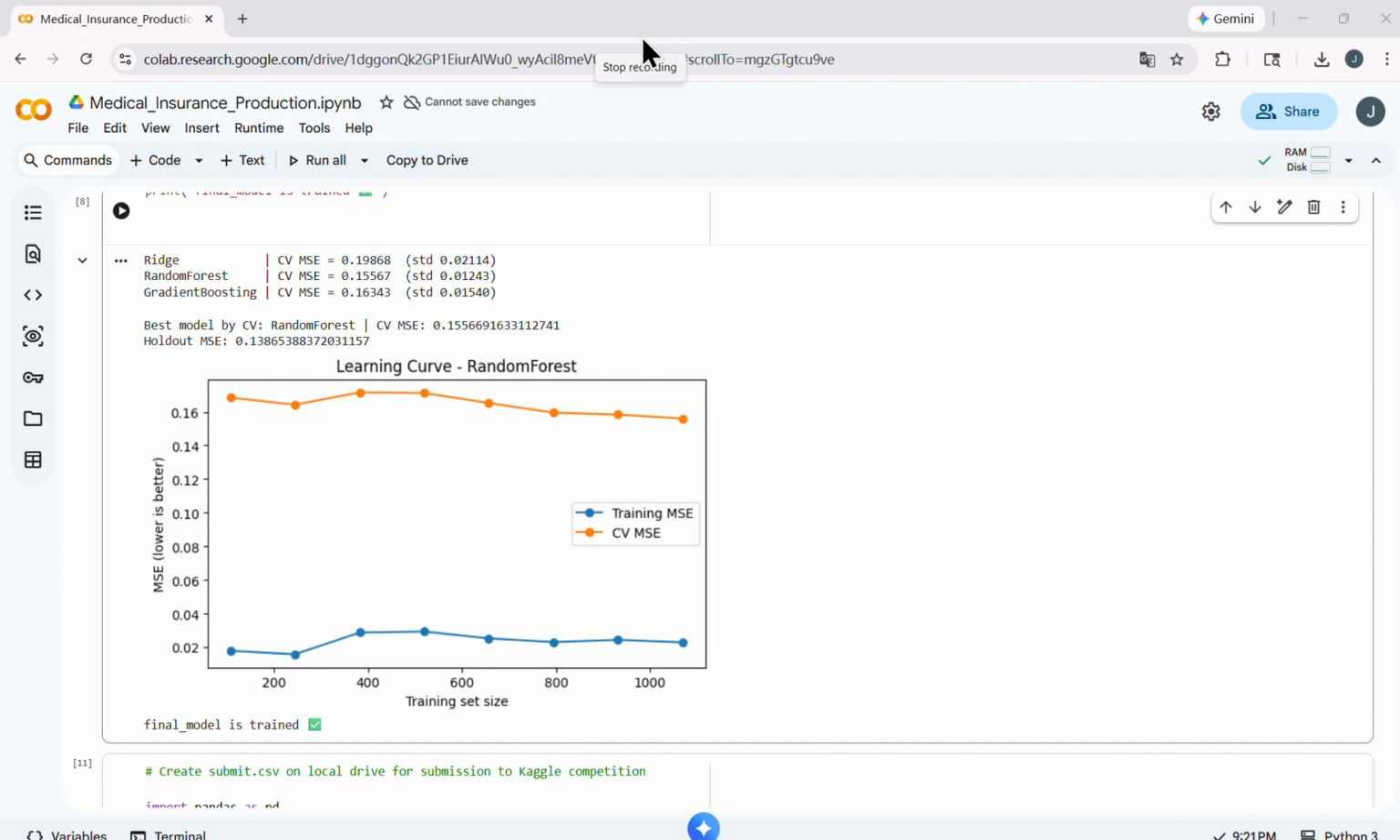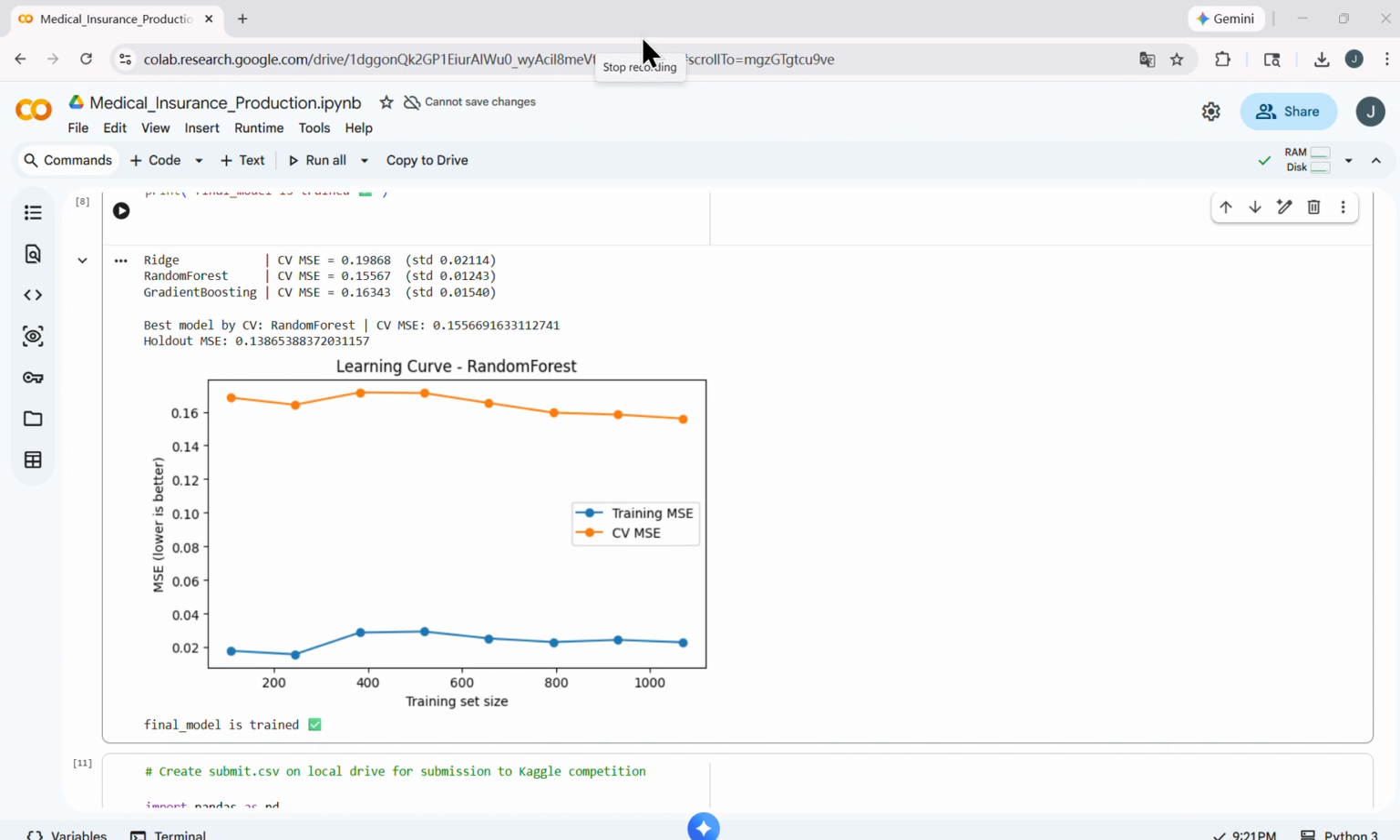Next, I implemented a full preprocessing pipeline to ensure consistent feature transformation and eliminate data leakage. Numerical variables were standardized to prevent scale dominance, while categorical variables were encoded using one-hot encoding with unknown category handling. Embedding the preprocessing in a pipeline ensured that scaling and encoding were learned exclusively from training folds during cross-validation,